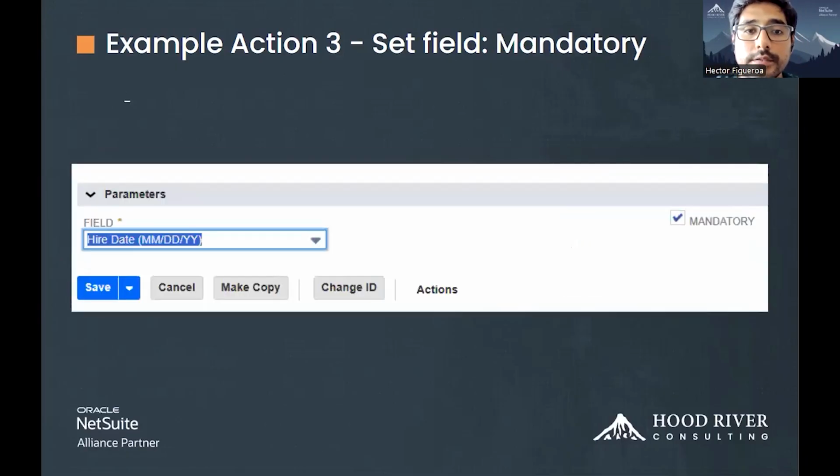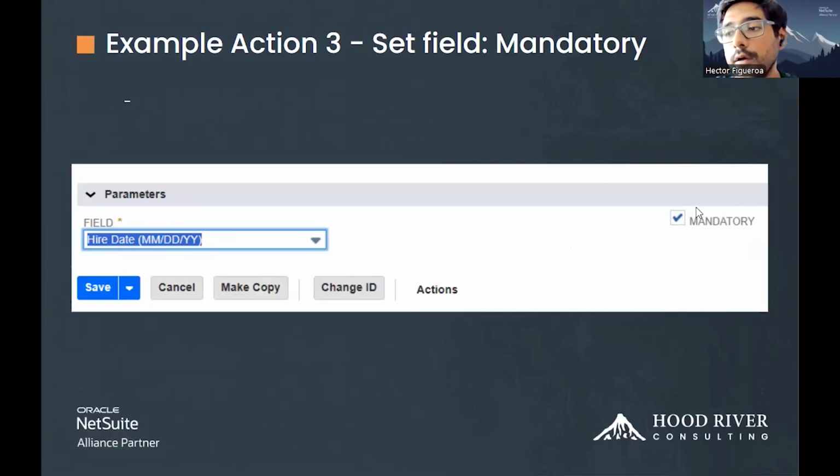I have the set field mandatory, meaning that if I pick up a field inside my record or my transaction, like hire date, I can make it mandatory at a specific point. So I click on mandatory.